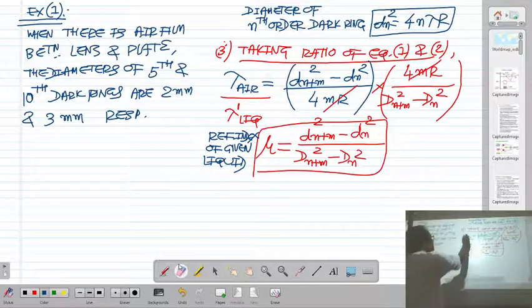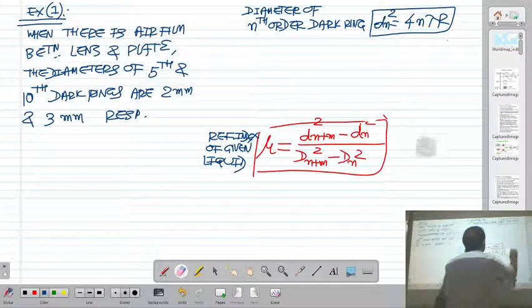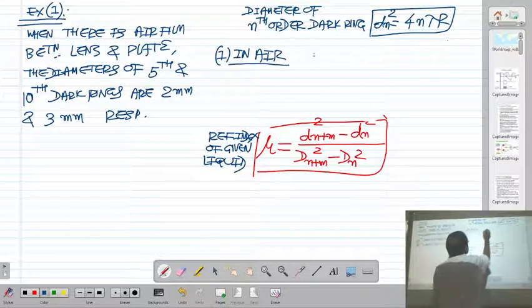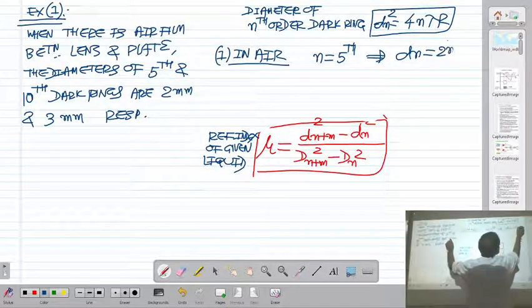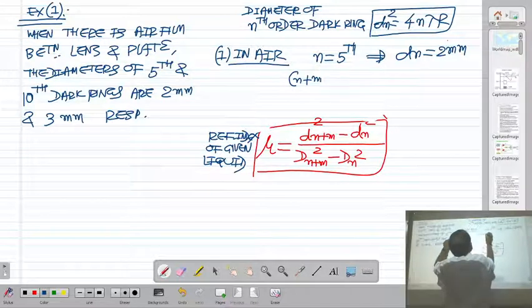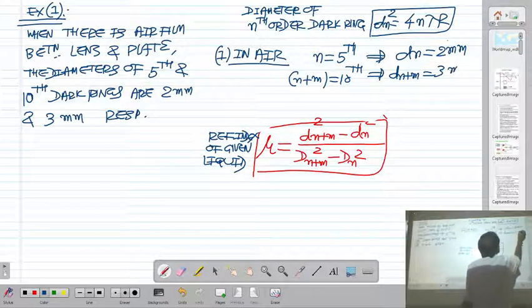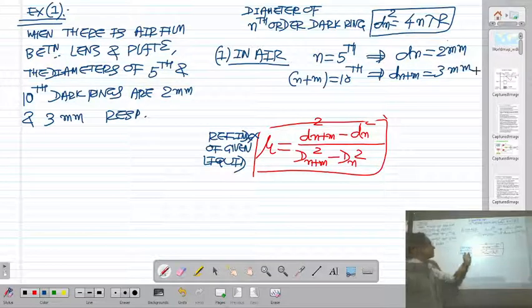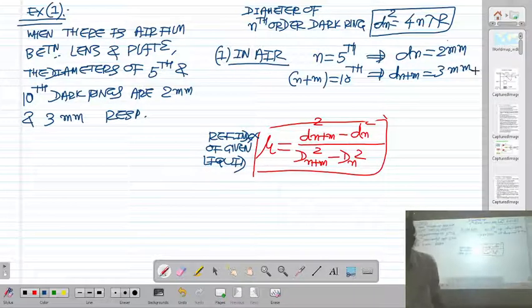So in air, the diameter of the fifth dark ring, that is small dn, is 2 mm, and the diameter of n plus m, that is the 10th dark ring, dn plus m, is 3 mm, right? Okay. Now when liquid is placed